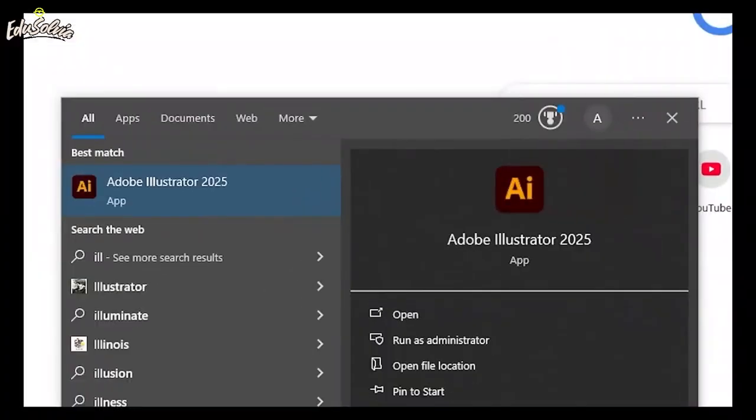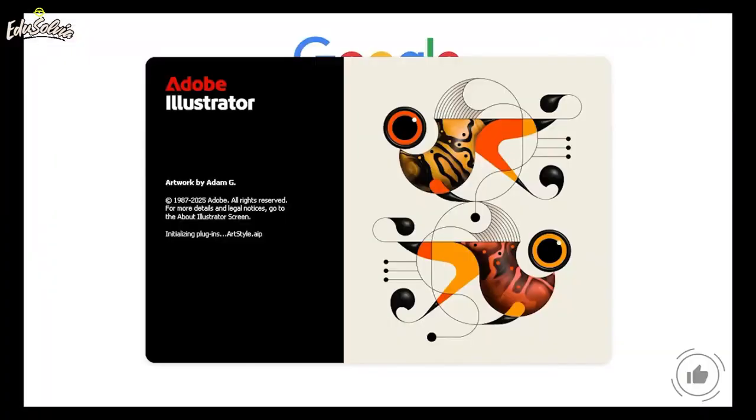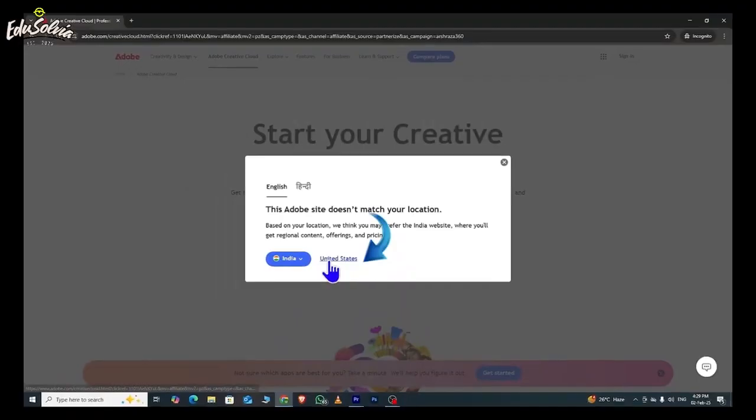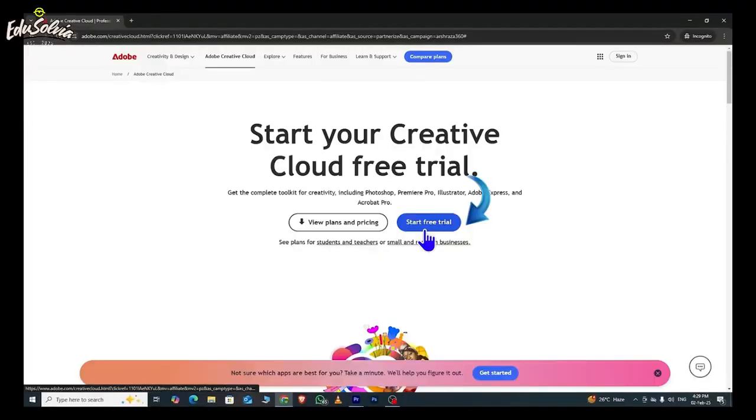Hey everyone, in this tutorial, I'll show you how to download Adobe Illustrator for free on your PC or Mac. First, open the link in the video description. You'll be taken to Adobe's official page. Now, choose your country and click on Start